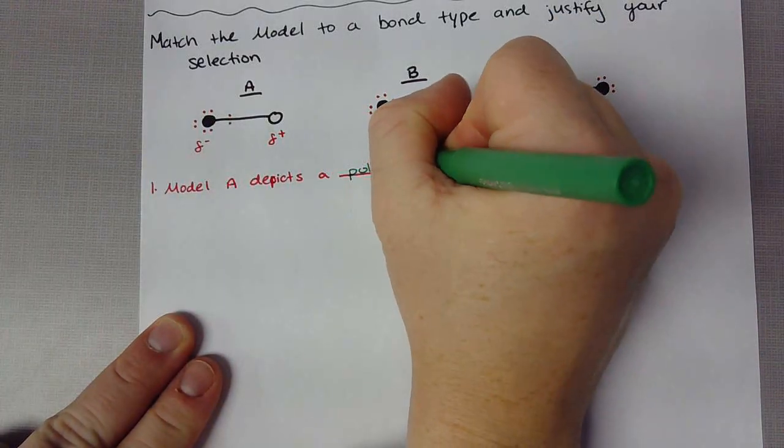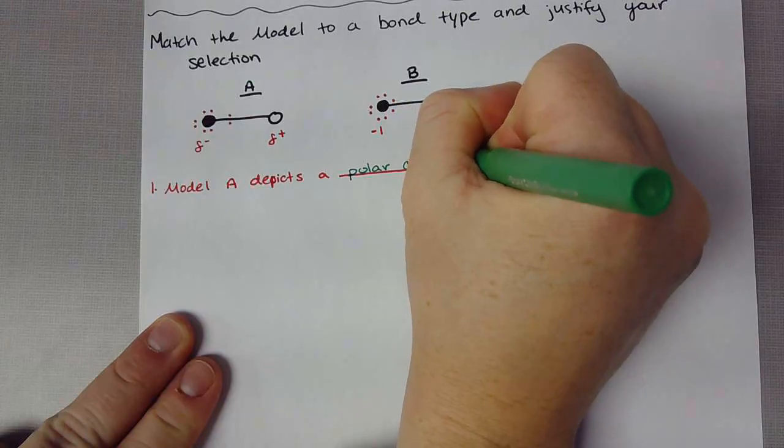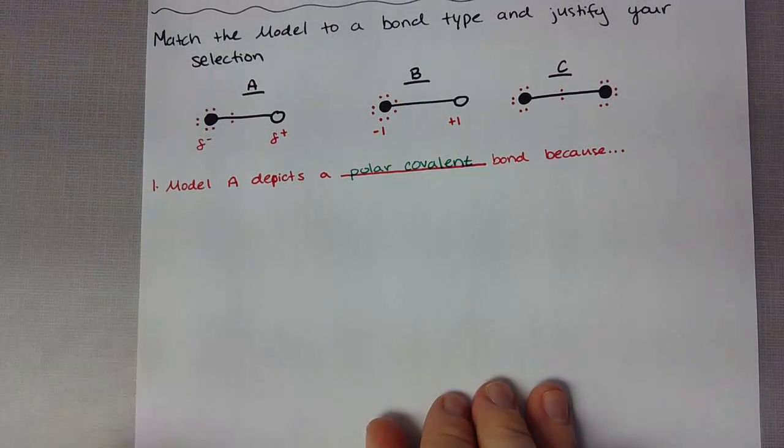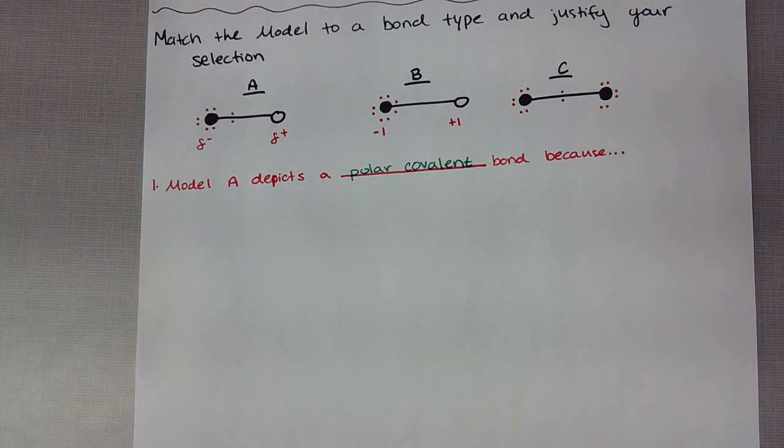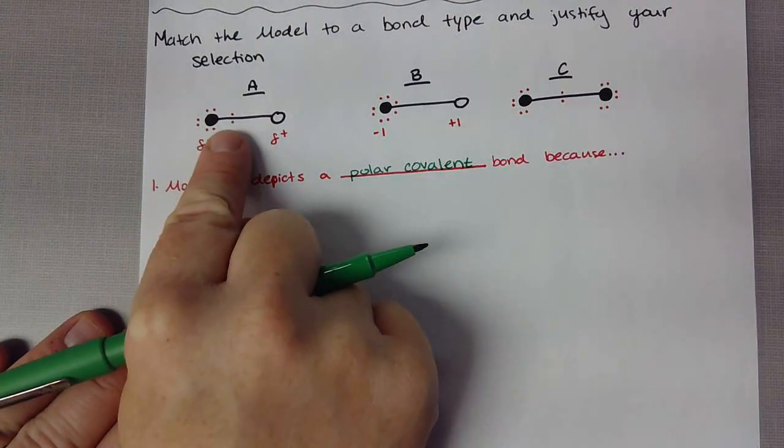So this type of bond is going to be a polar covalent bond. How was I able to identify this? Well, I identified that the electrons